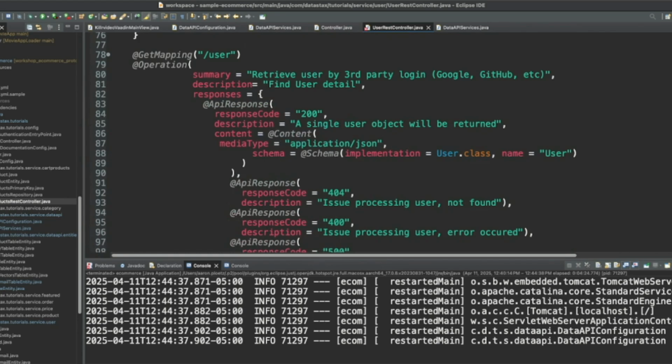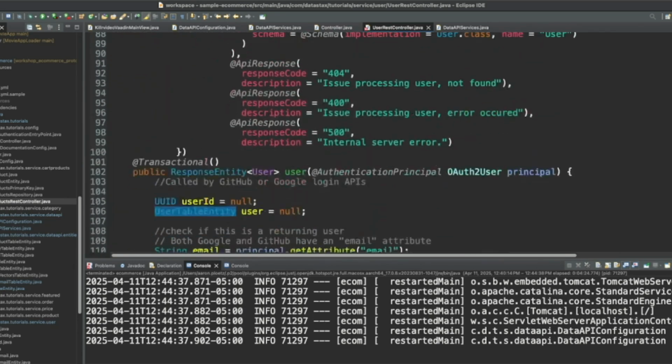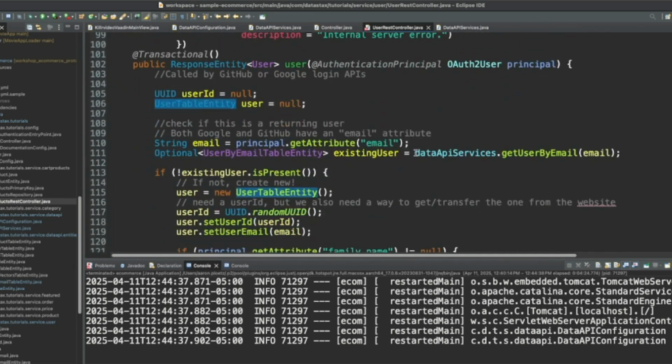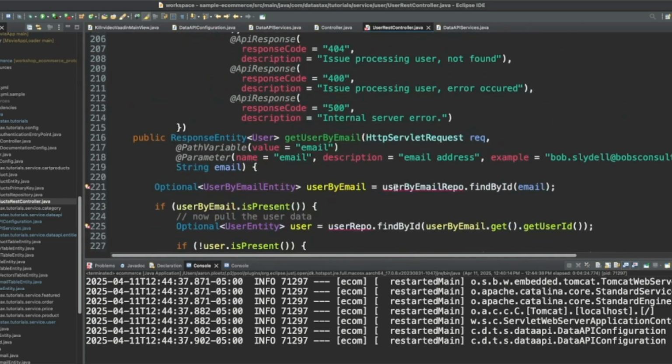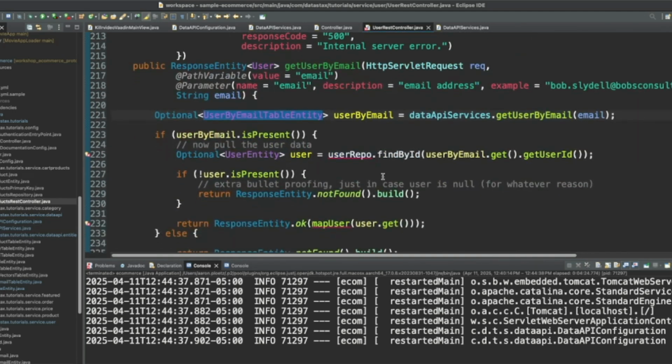So if we go all the way back up here and have a look at Data API Services, get user by email. And now we can just take that right down here and user by email table entity. All right.